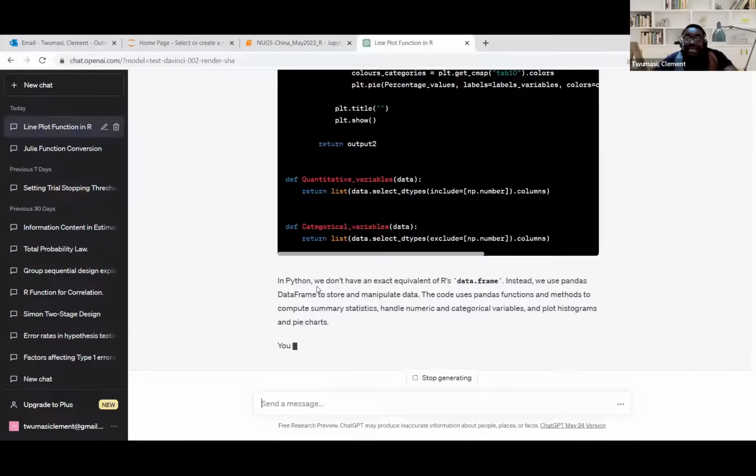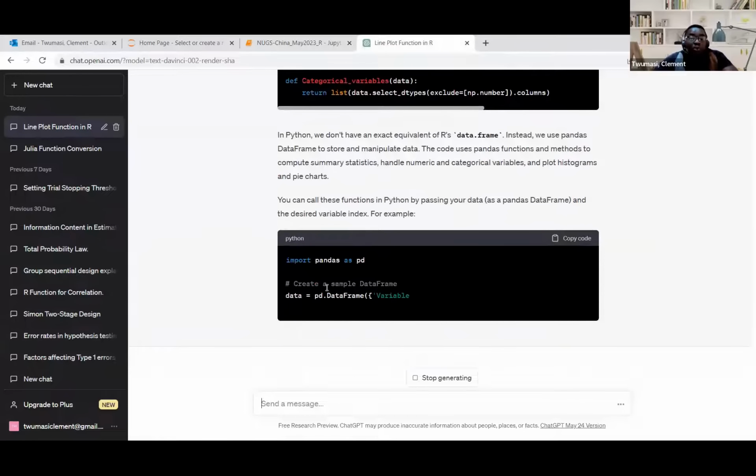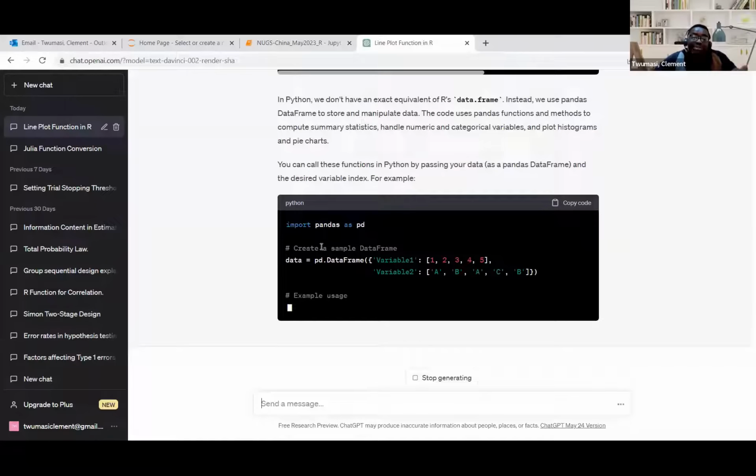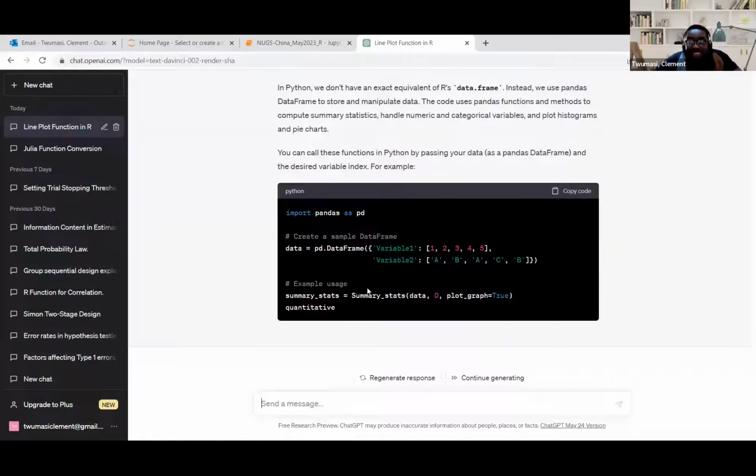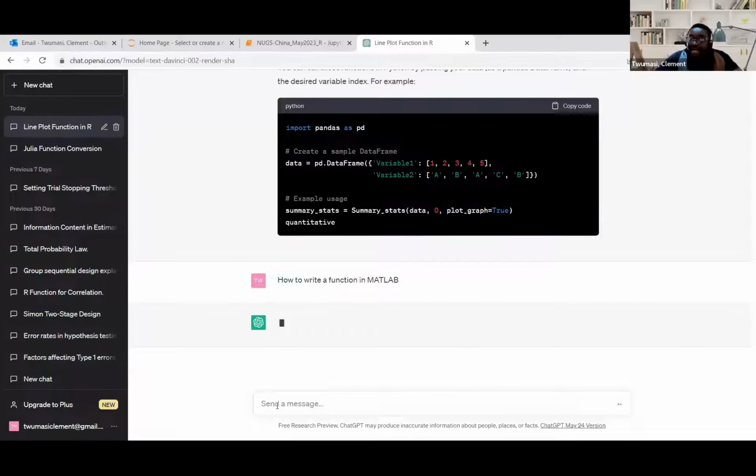The beautiful thing is that it will explain each line of code, what each was trying to do, and after that, it will create an artificial data and run the function for me. So it has converted my function to Python, and at the end of the day, it has created a simple data for me to apply that to it. Okay, fine. So here, I've never written a function in MATLAB, for instance. I'm just assuming. And now let's say I want to know how to write a function in MATLAB. I just type that, and then it's basically